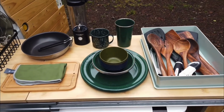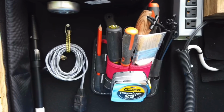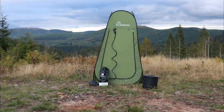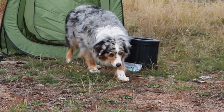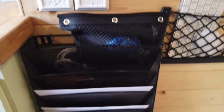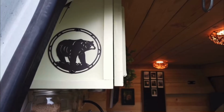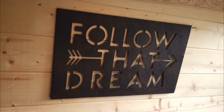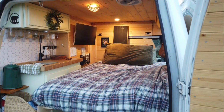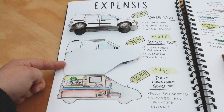This includes things like my dishes, my cookware, my tools in my garage, my camp bathroom setup, and everything to create my office workstation. It also includes all the decor items that I put into this van to make it feel like a little cabin. The total cost for all the items I put into the van came out to $733, for a total cost of